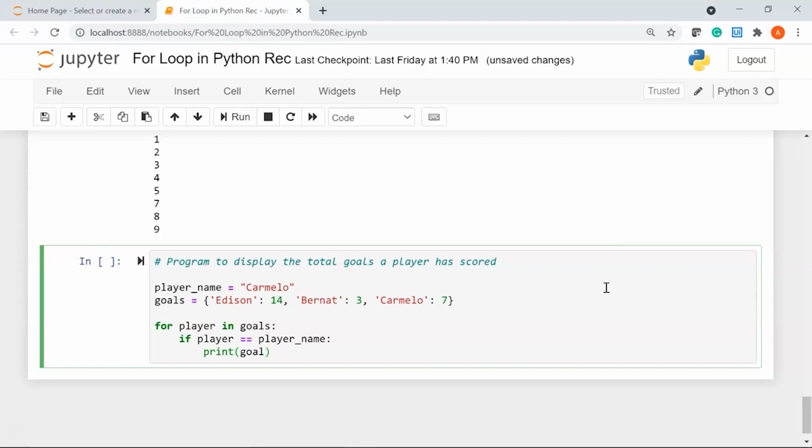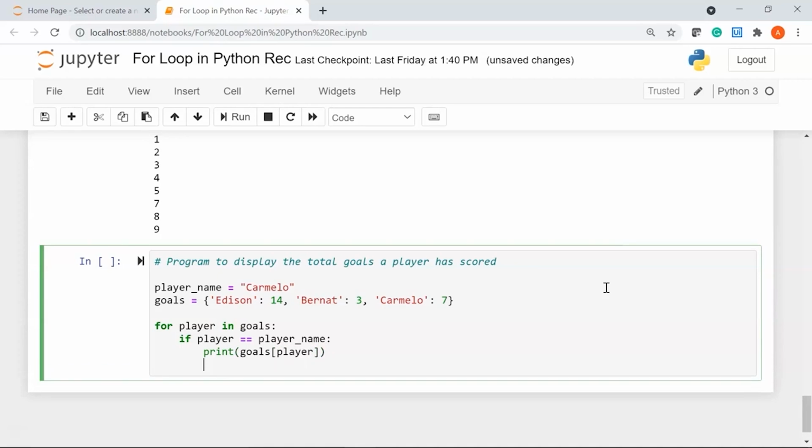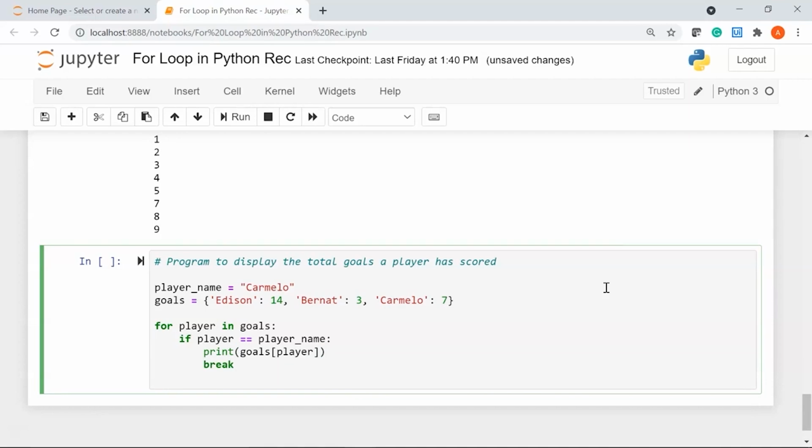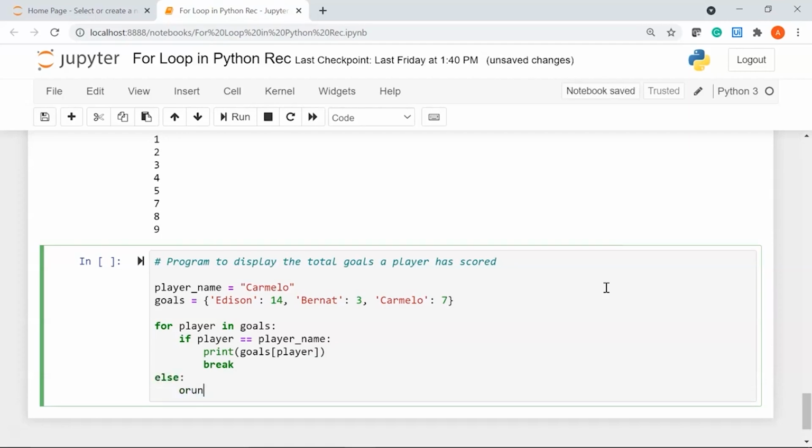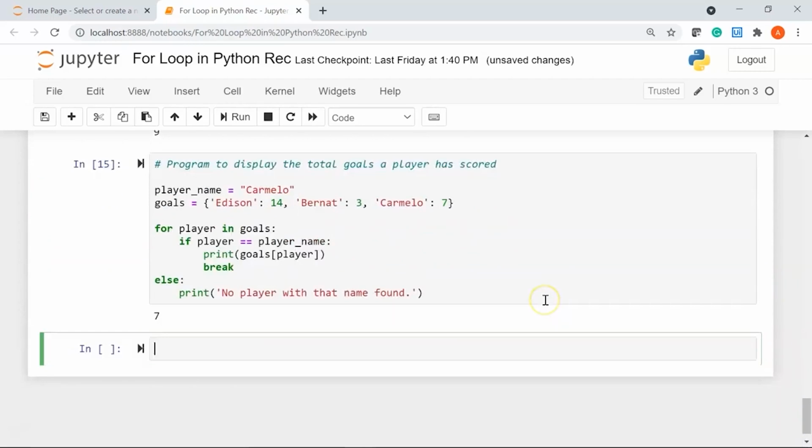So I'll pass my dictionary name, and within square brackets I'll say player. Let's use the break statement, and then I'll say else. We'll print my message, no player with that name found. Let's run and see the result.